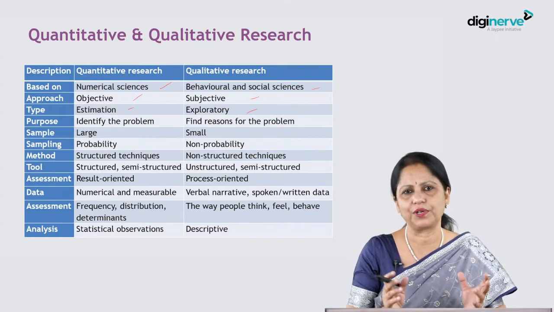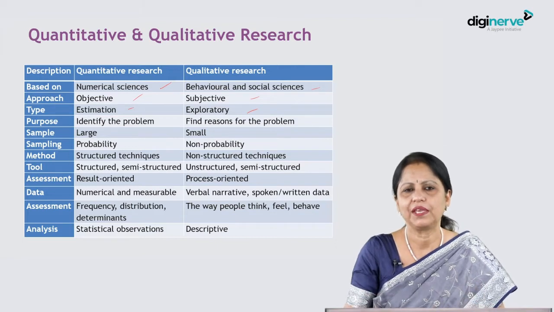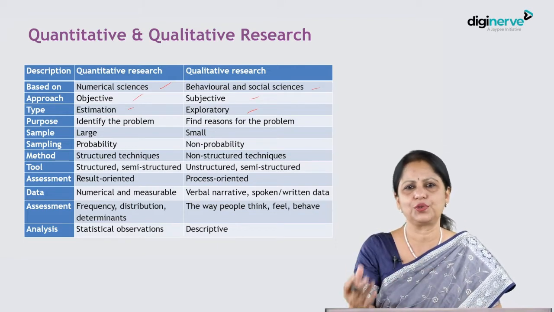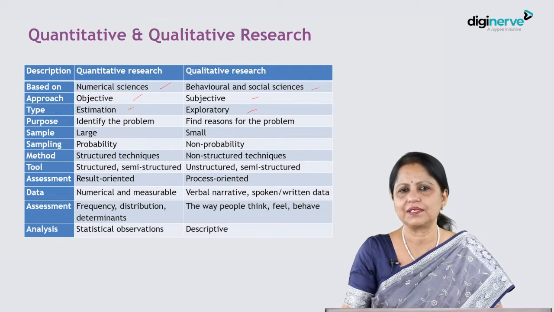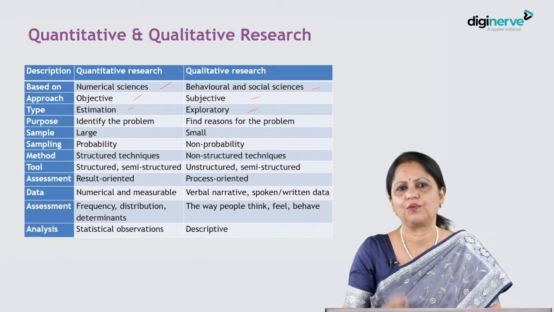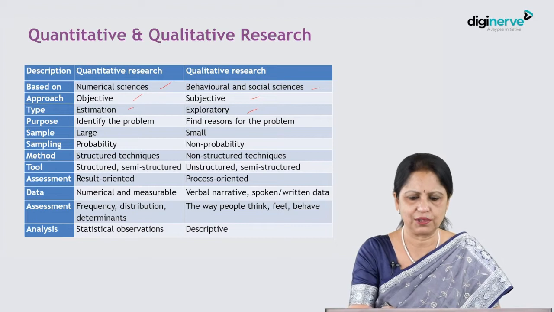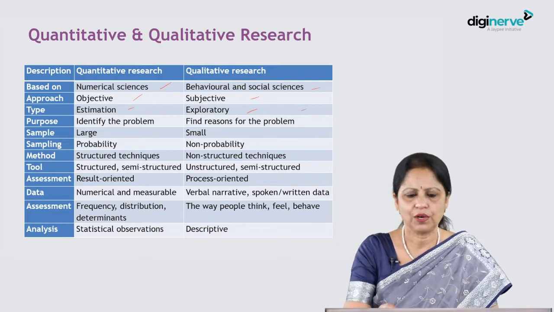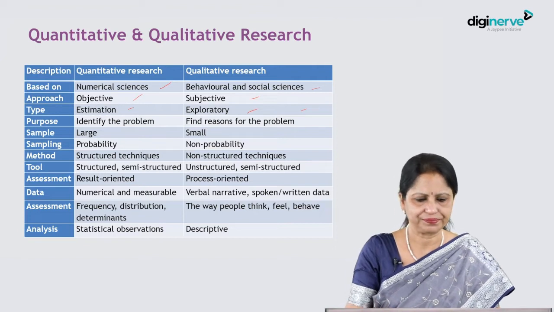Qualitative is exploratory. We want to explore into human behavior, into individual behavior, into group behavior. I have described this in the earlier session on behavioral sciences. So we want to see what the people's behavior is and why they are behaving in this way. All this can be understood by qualitative research, and also what problems they are facing, etc.